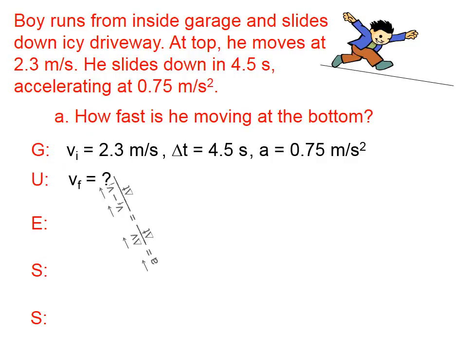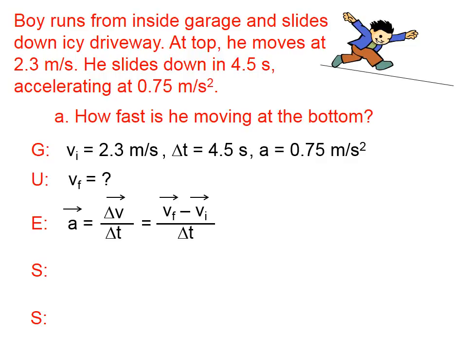So the equation that's going to govern this problem is the definition of acceleration. Let's see what we're given. There's the initial velocity, there's the time, there's the acceleration, and we're asked to find the final velocity. So I think we're not going to worry about that portion of the equation, and let's now solve this equation